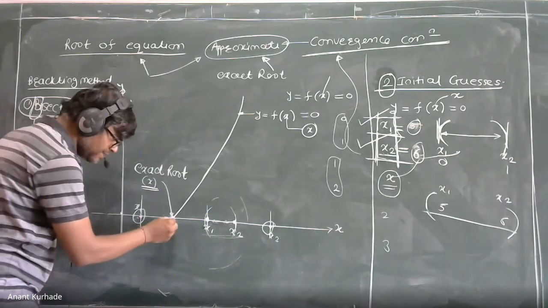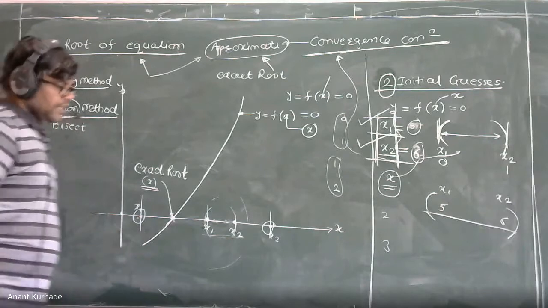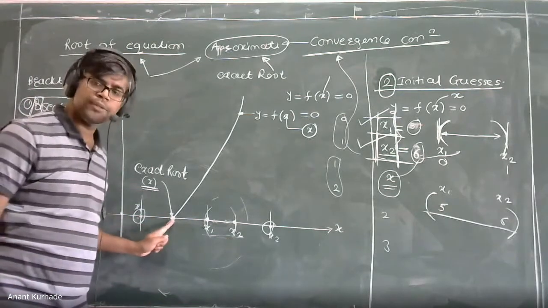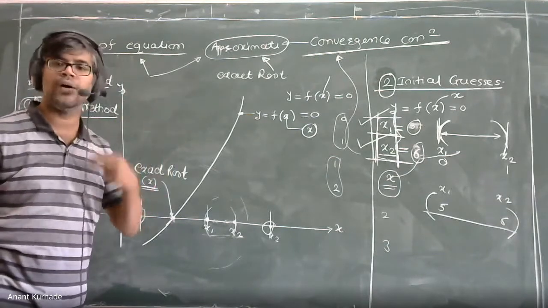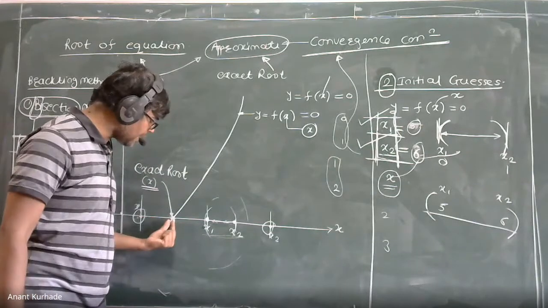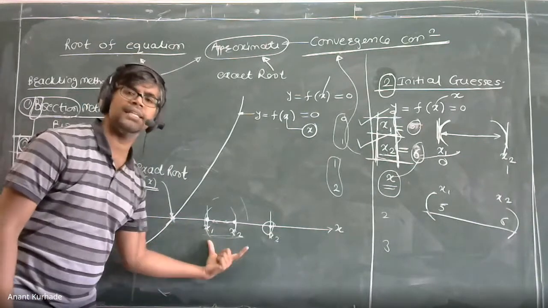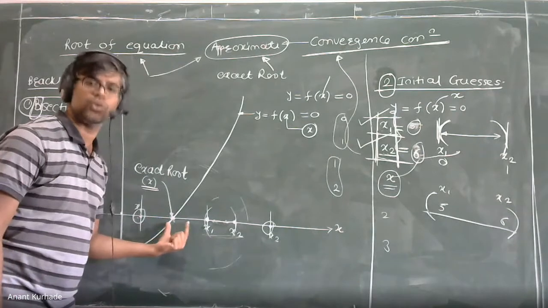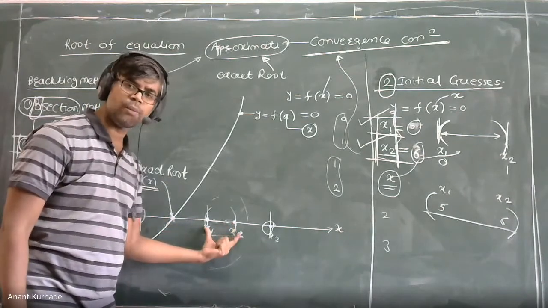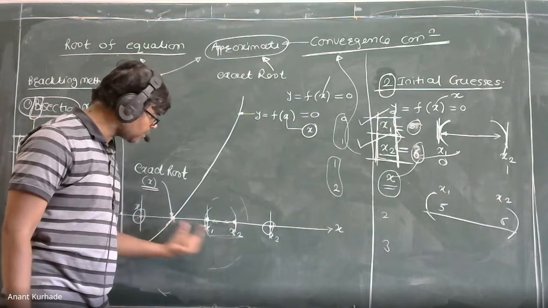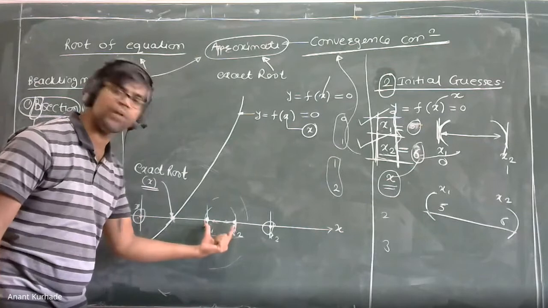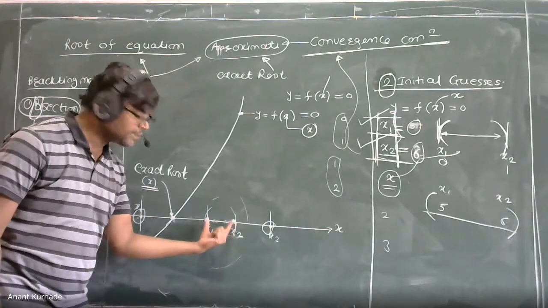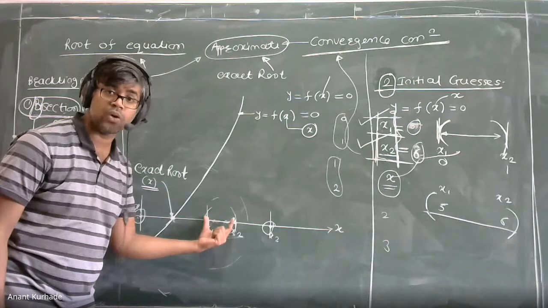See, this is the exact root. It is the bisection method, where we assume two cases. If these two cases are towards one side, towards the right side or left side of this exact root, then by observing these two cases and this exact root, we cannot say the root lies between them, because the root is away from these two values. That means these assumed cases are wrong. They are not correct. Remember.